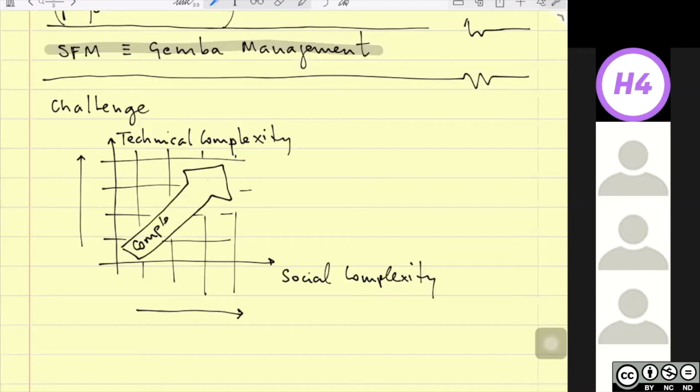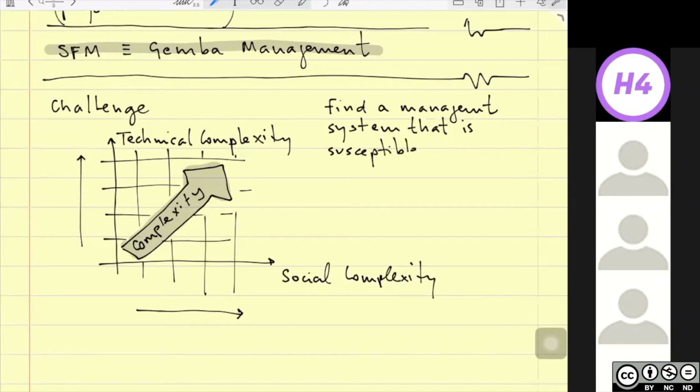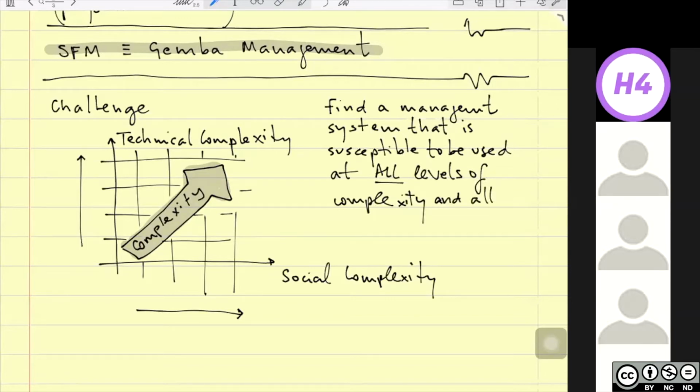Complexity is always growing. In such an environment, the challenge is to find a management system that is susceptible to be used at all levels of complexity and allows for alignment. Because if we find a solution that